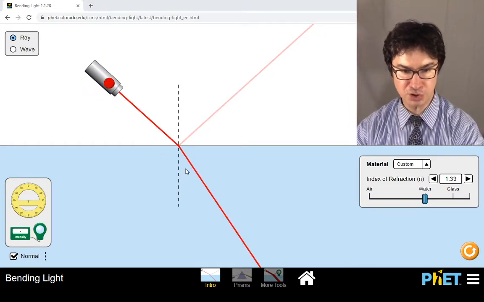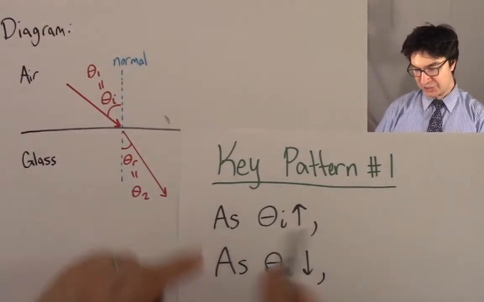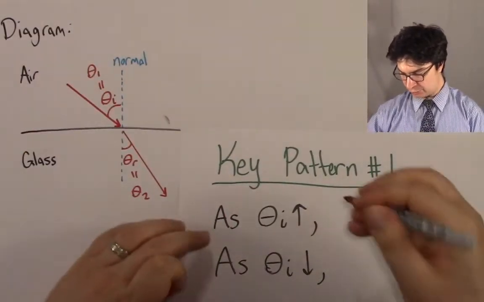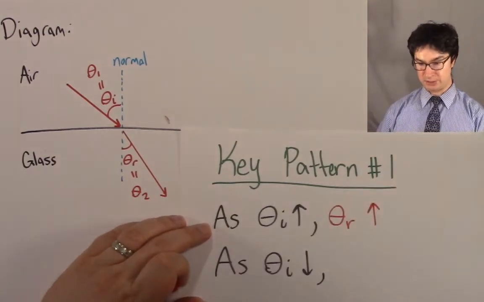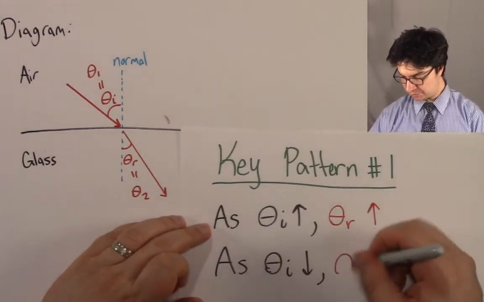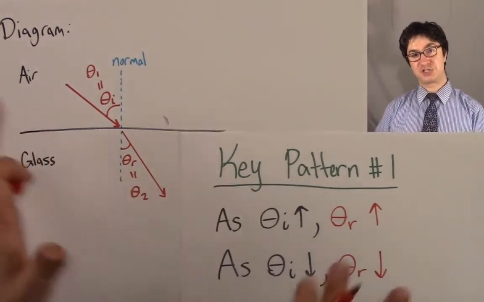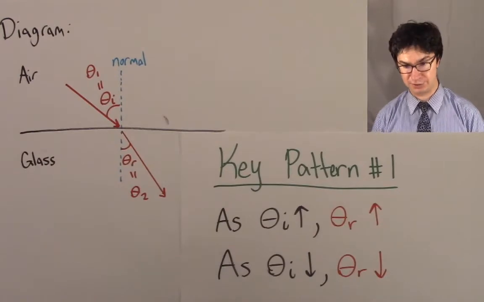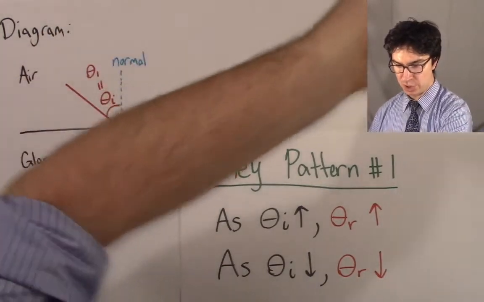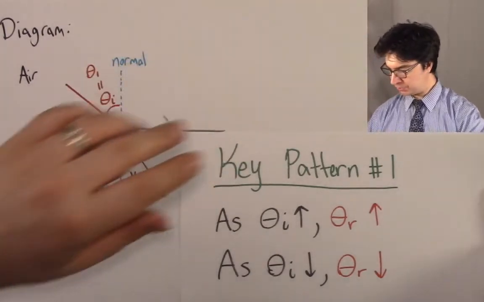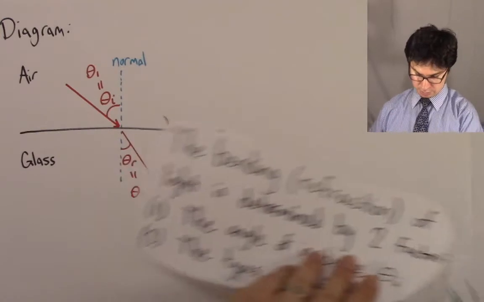So what we're going to do is express that in terms of key pattern number one. As theta I goes up, we expect the refracted angle, theta r, to also go up. Likewise, as theta I goes down, we expect the refracted angle, theta r, to also go down. Okay? So Snell's law is going to capture this pattern for us. All right? Excellent. Let's move ahead, and what we want to do now is talk about this second factor, the